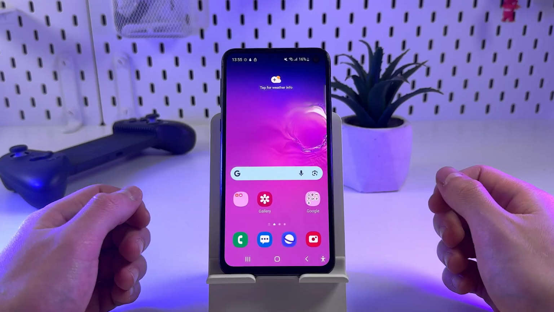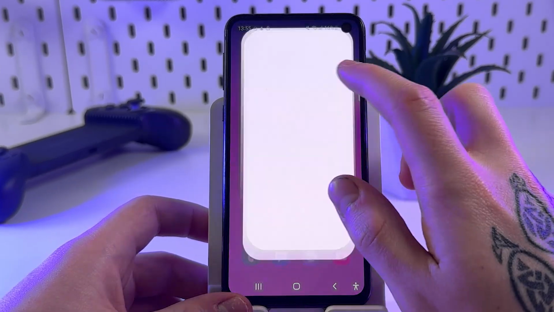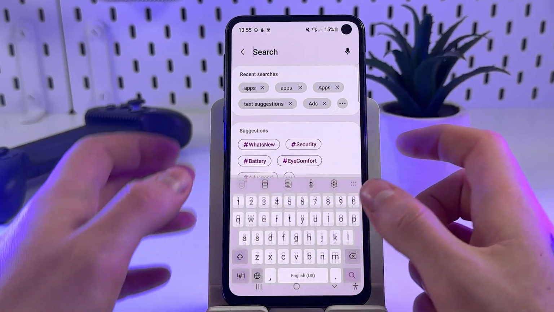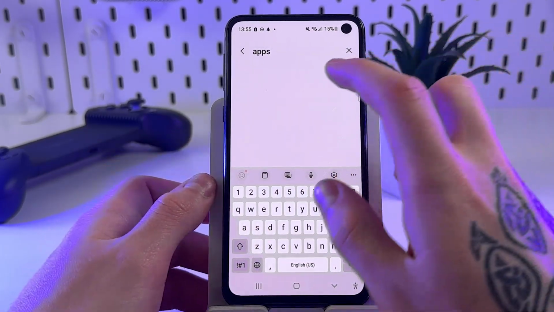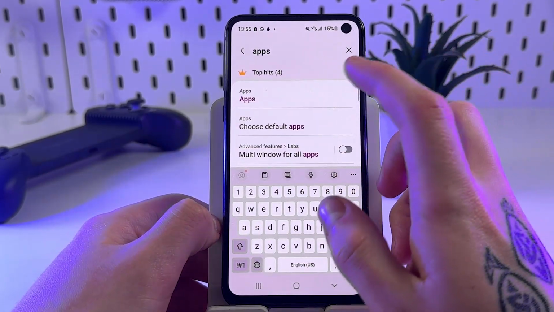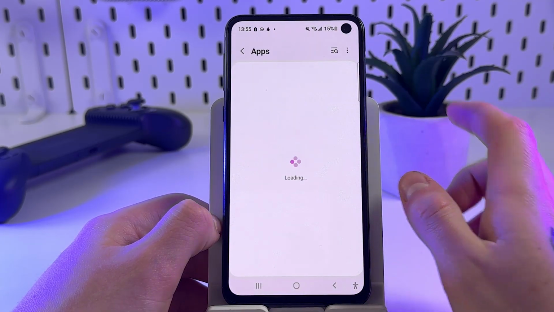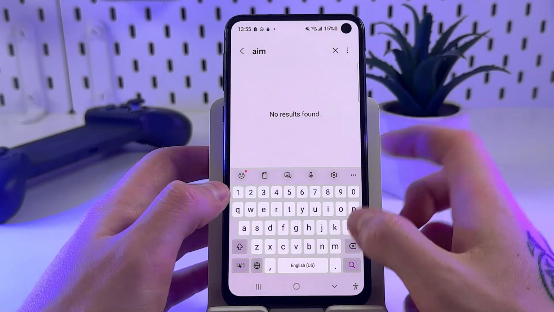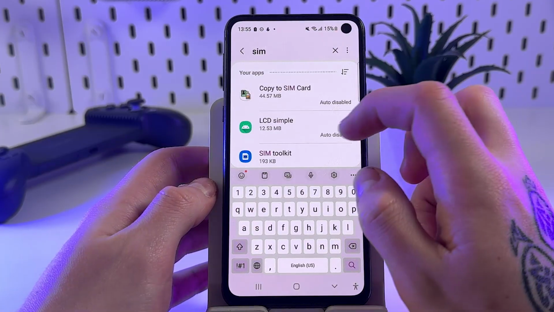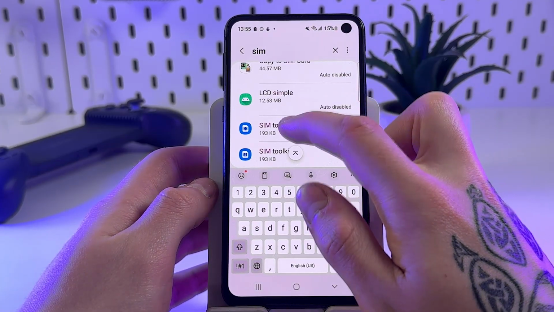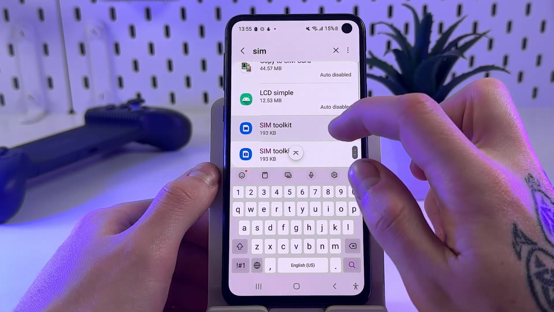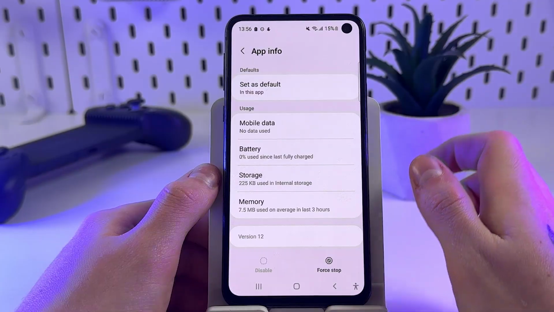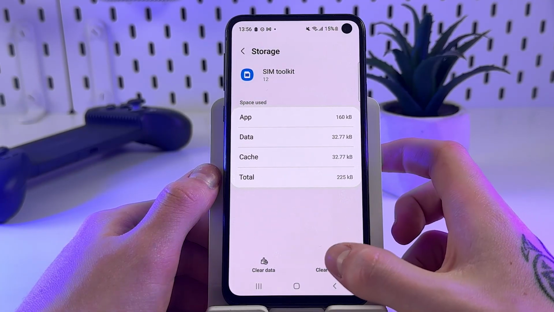So then open the Settings app, and in the Settings app go to the Search tab. Here enter Apps, then tap onto it, and in the search bar enter SIM Toolkit, and in the SIM Toolkit look for the storage, and then tap Clear Cache,